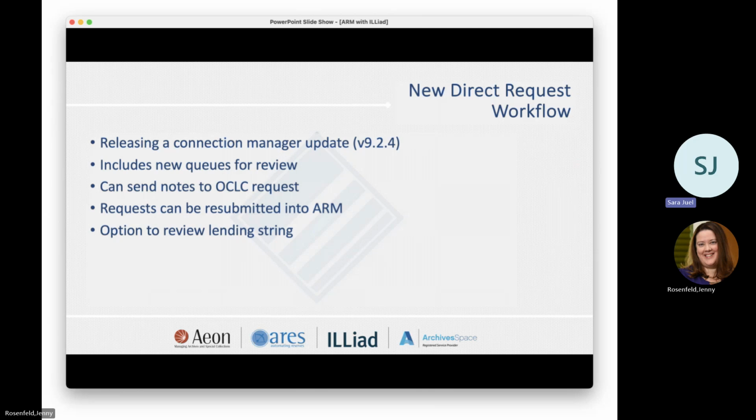I did mention earlier that there was a new Connection Manager update 9.2.4. Once you are updated to this version, it allows for more complex routing of requests to ILLiad. For example, requests can go over to OCLC and then come back to ILLiad, and still you can re-import these requests back into OCLC.